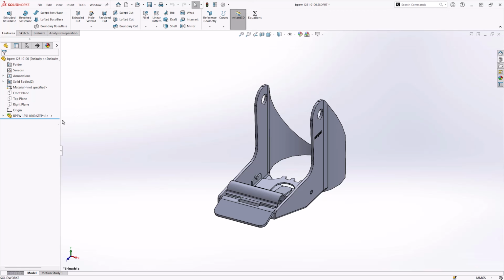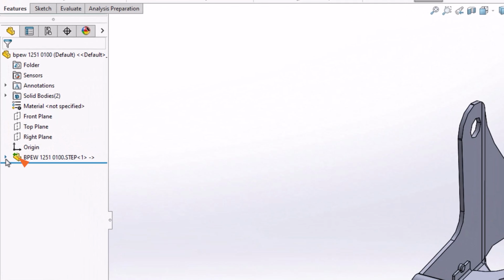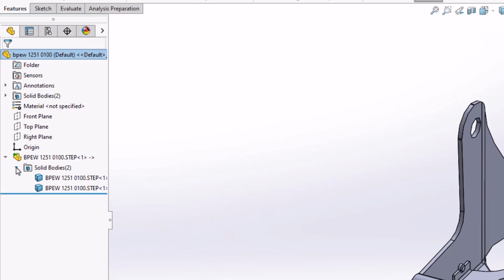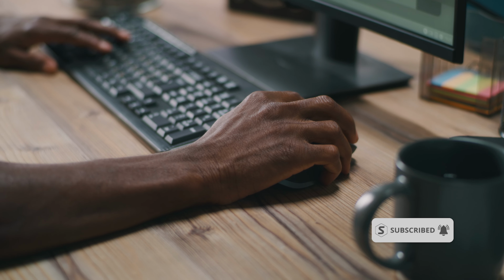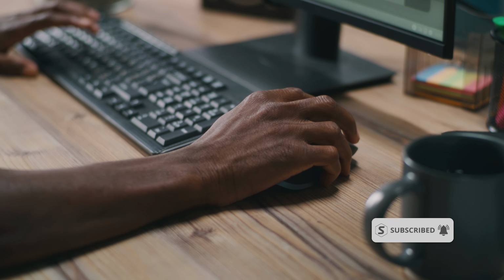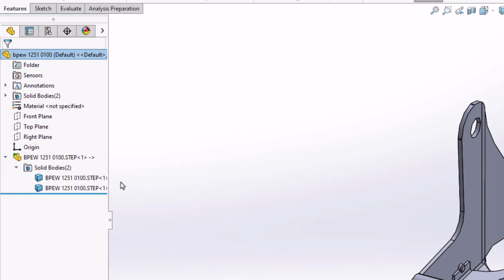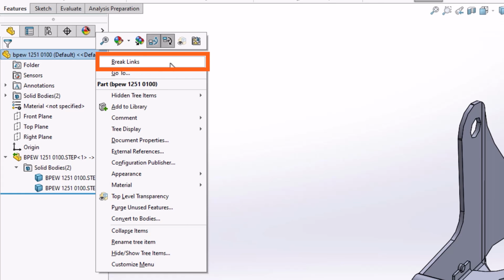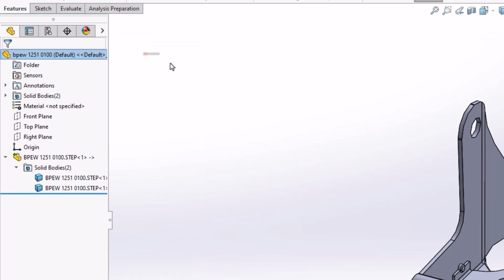When working with imported files, you might notice a small green arrow in the feature tree. This informs you that there is a link to the imported file on your computer and indicates that this is a 3D Interconnected file. If changes are made to the original source file, then this imported model will also update to reflect these changes. If you are not planning on editing the imported model's geometry directly, then this link can usually be kept. However, SolidWorks does provide us with the option to remove the link by right-clicking at the top of the feature tree and selecting Break Link from the menu. This makes the file independent of the source file.